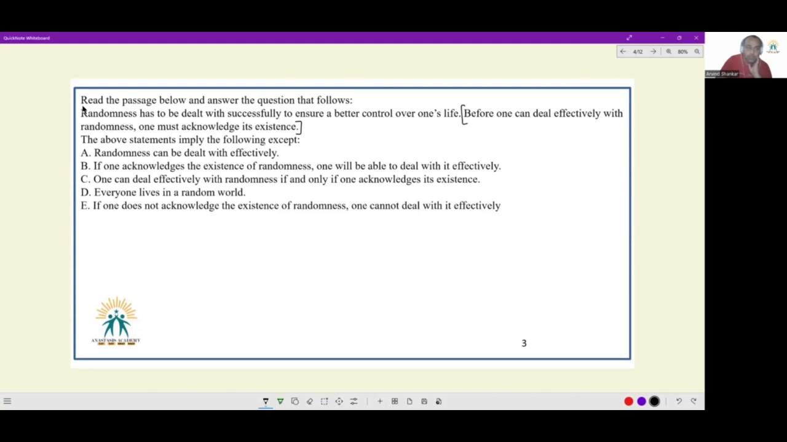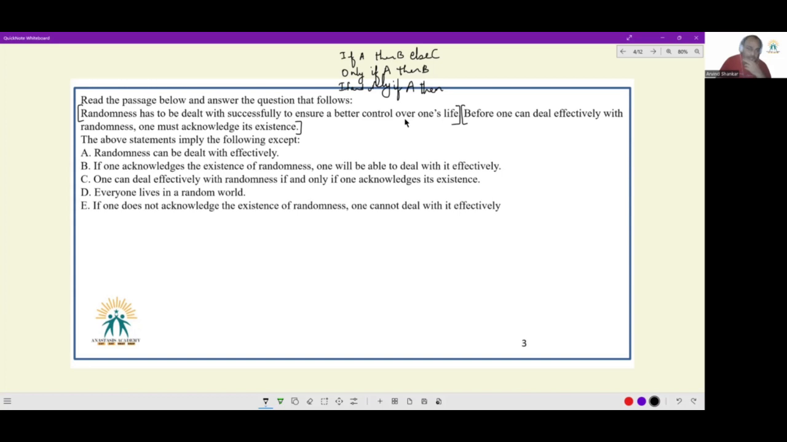These two statements. Hopefully, we know the three kinds of conditional statements that we have in critical reasoning. If A, then B, else C. Only if A, then B, and if and only if A, then B. Hopefully, we know these three kinds of conditional statements that are utilized in critical reasoning or even when it comes to DILR sets. Now, the information given here, randomness has to be dealt with successfully in order to ensure a